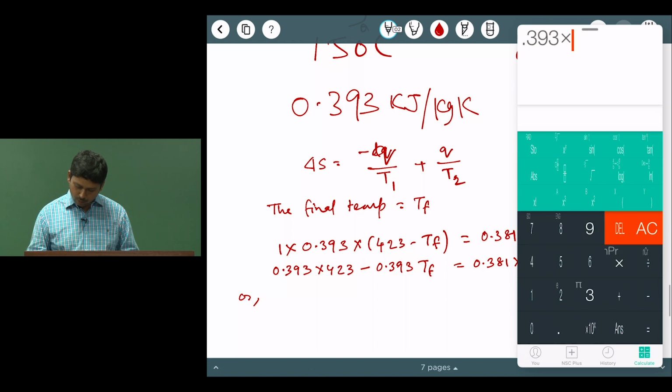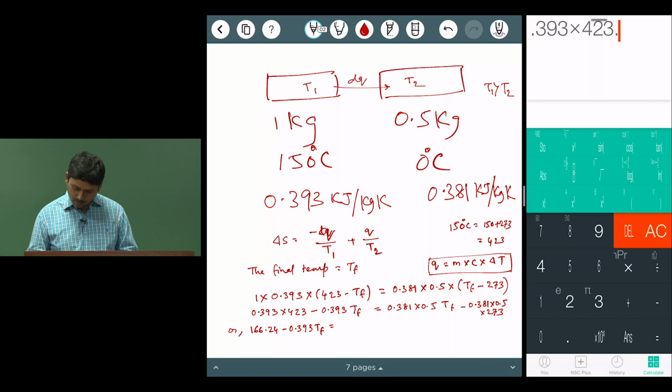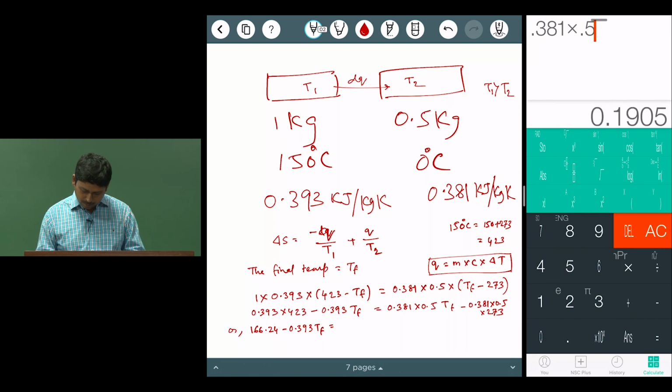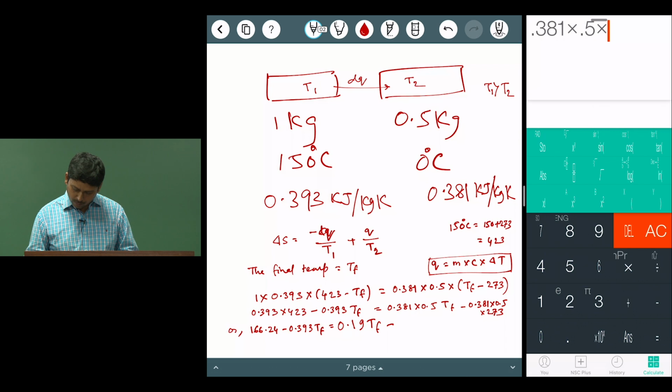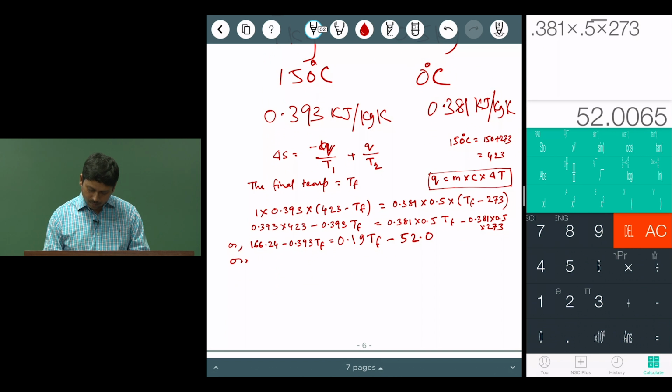393 into 423 is equal to 166.24 minus 0.393 Tf. 0.381 into 0.5 is 0.19 Tf minus 52, approximately 52.0, or we can get that 166.24 plus 52 is equal to 0.19 Tf plus 0.393 Tf,